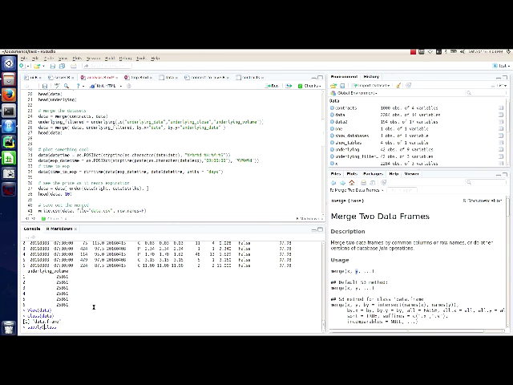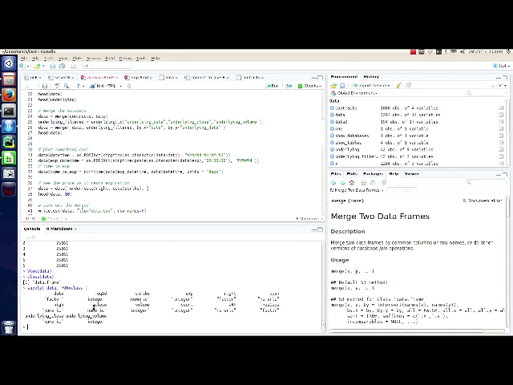What I want to do is apply a function to every column of data, and the function is class. There we go. So what I can see is that date is a factor,